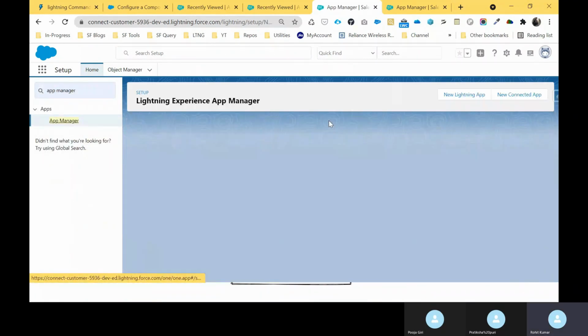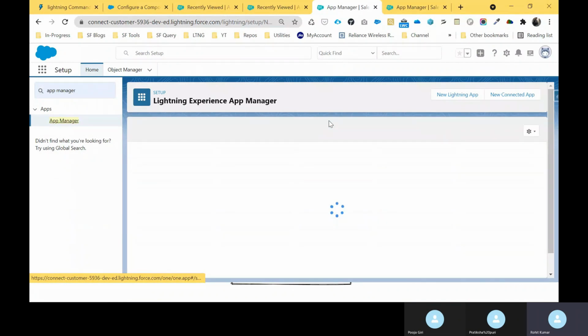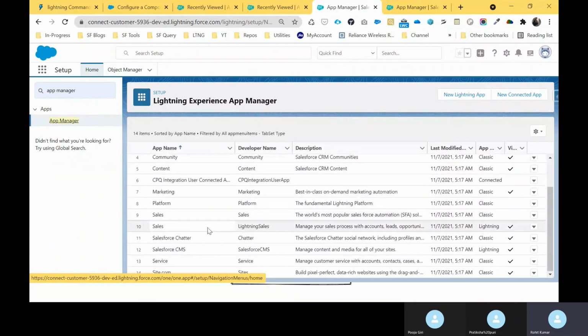Just click this app manager, and search for the sales application, the sales lightning, this one, and click edit.